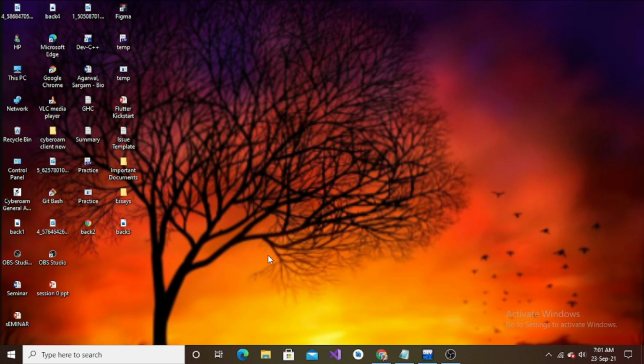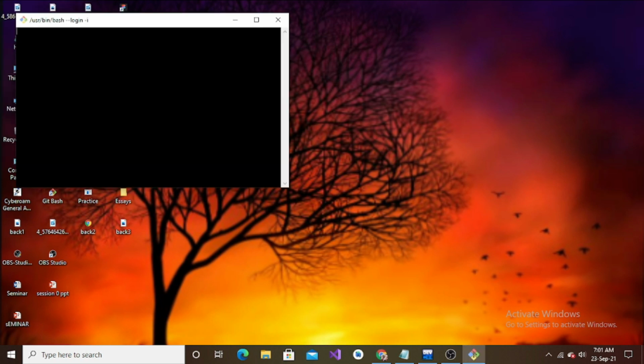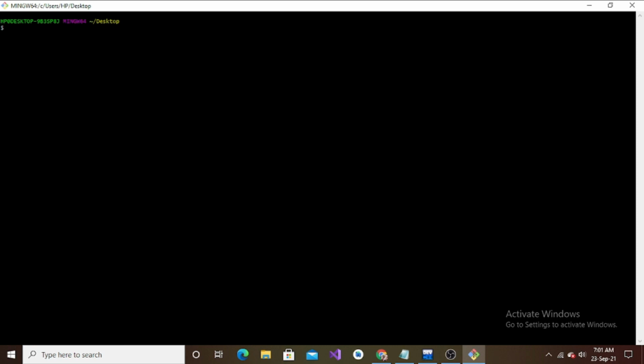Since I want to clone my project on my desktop itself, I'm simply going to right click over here. Sorry for that. And I'm going to say git bash here. So git bash is opening in the desktop, as you can see. Now to clone it, I simply type in the command git clone, and I paste the link that I just copied. As you can see, it is the link of my forked repository. I press enter. Now it says cloning into code crossroad. So it's now cloning. Let's wait for its execution to end.